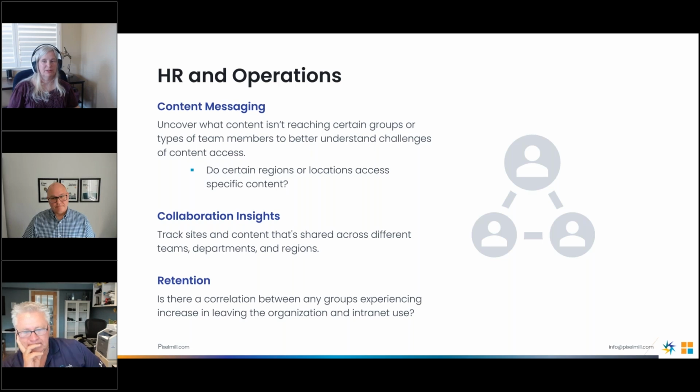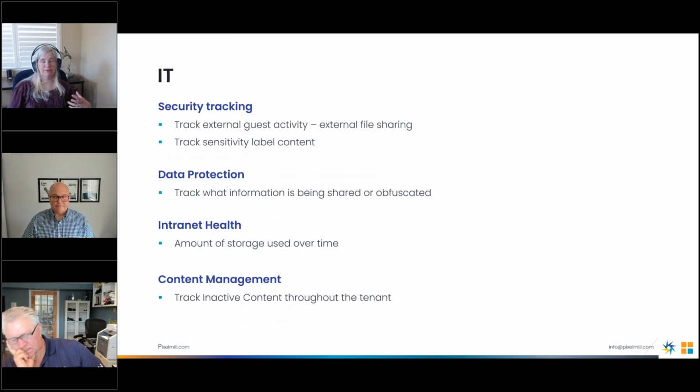Is there a correlation between any groups experiencing an increase in leaving the organization and the intranet use? Is there any way to kind of track that? And then the third group, another way to look at who should be tracking and different types